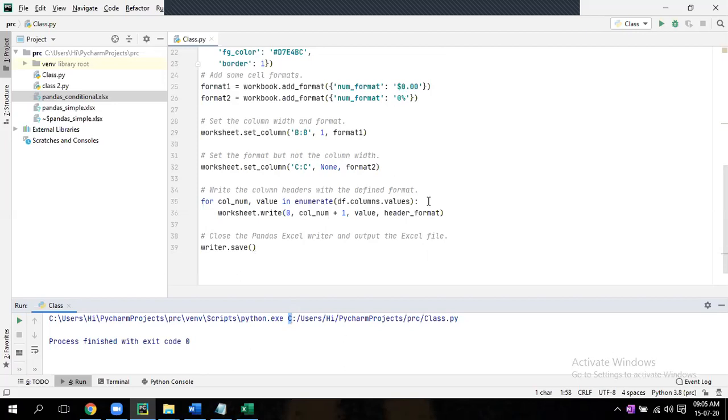First try to do the small things first. Here you learn how to add the formatting. In the previous one we learned how to add a chart, then how to convert a data frame, how to do coloring, small things like how to do grouping, how to do sorting, just one program each. Then combine all, and you can do analysis and all. Now go to the next one.